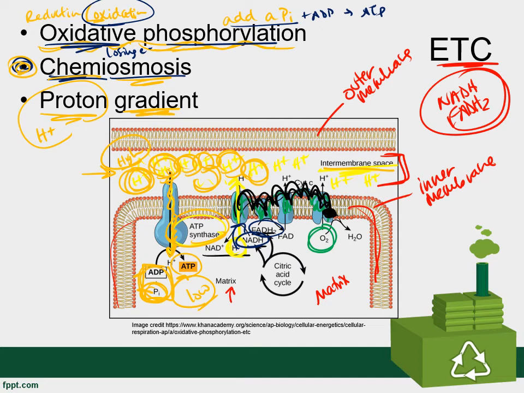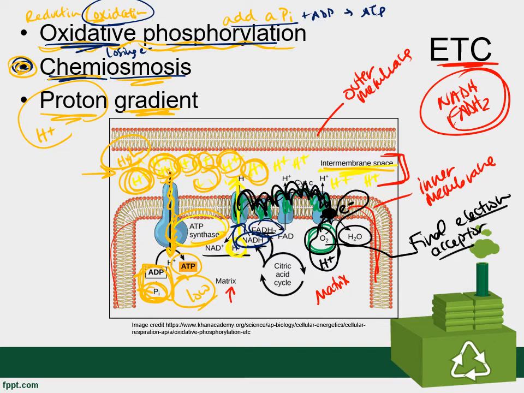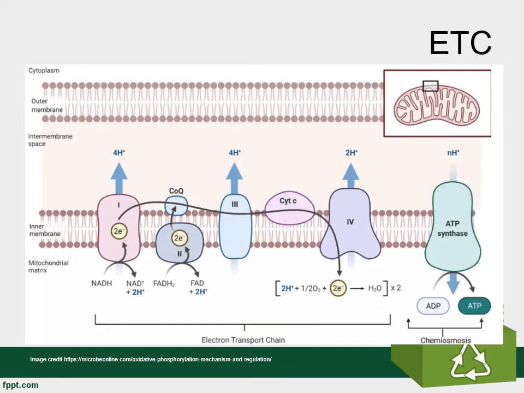So we have to take those electrons off of the electron transport chain, and that's the job of oxygen. Oxygen is going to grab those electrons at the end of the electron transport chain. It's also going to grab some hydrogen ions from the matrix, and together oxygen, hydrogen, and electrons make water. We call oxygen the final electron acceptor because it literally accepts the electrons at the final part of the electron transport chain. All right, I'm going to tell you that story all over again one more time